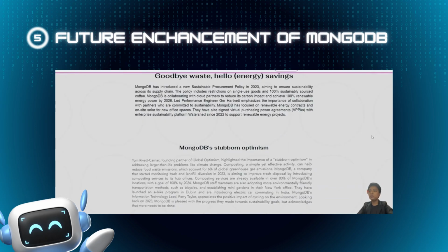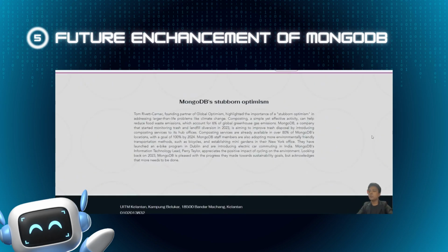And finally, MongoDB stubborn optimism. Tom Rivett-Carnac, founding partner of Global Optimism, highlighted the importance of stubborn optimism in addressing larger-than-life problems like climate change. Composting is a simple yet effective activity that can help reduce food waste emissions, which account for 6% of global greenhouse gas emissions. MongoDB, a company that started monitoring trash and landfill diversion in 2023, is aiming to improve trash disposal by